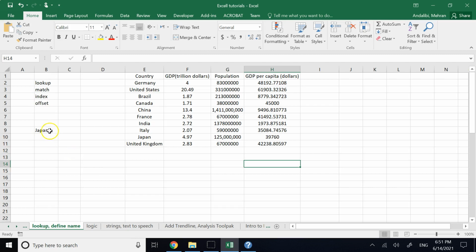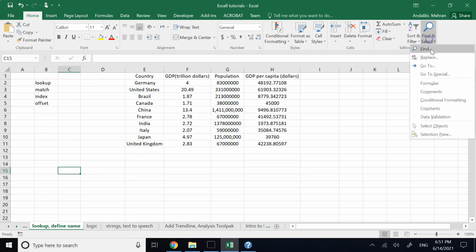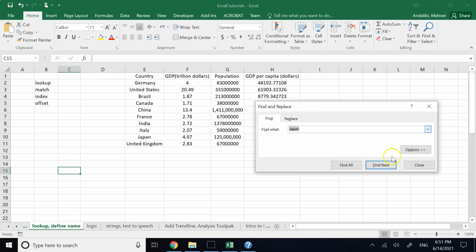One simple way without any lookup is, of course, if I want to know what's the GDP of Japan, I go to find here and then search the word Japan. And that's what it is doing. That's the same thing that the command match does. It tells me, hey, it is in row number 10. And then once I know where Japan is, I'm going to go to the corresponding column for row 10